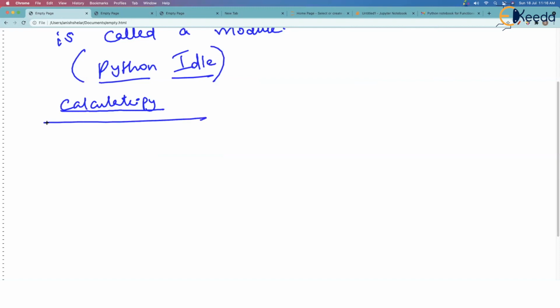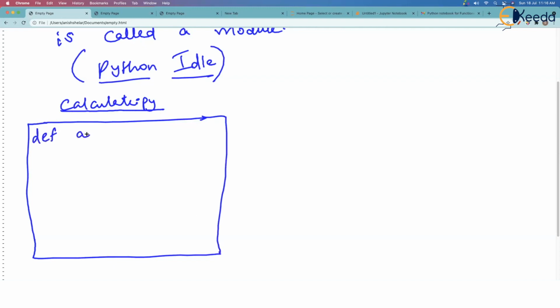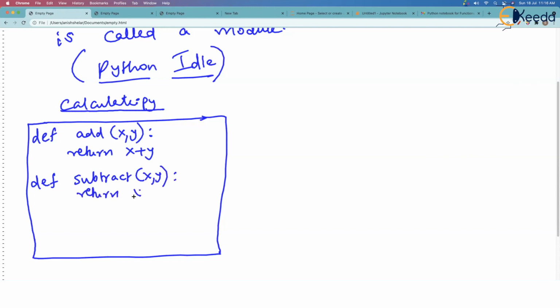In this file I have defined a function, add x comma y colon return x plus y. But then in the same file, I have written one more function, subtract x comma y, and I have said return x minus y. Two functions have been defined in the same file, calculate.py.